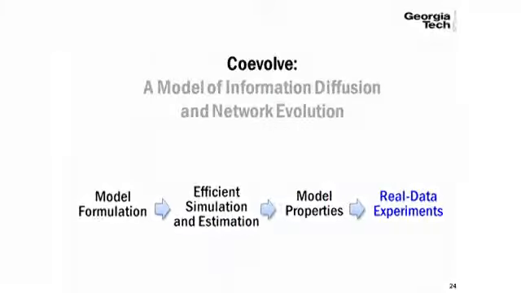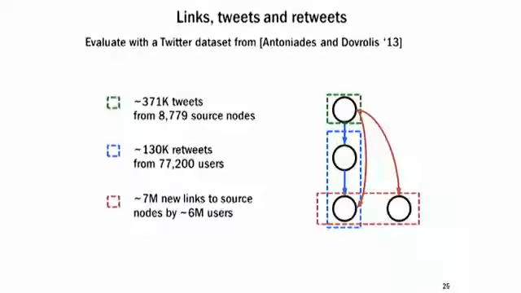Finally, I have 3 slides just briefly explaining the real experiment for predicting the information diffusion process. We take a Twitter data set which contains millions of users and millions of link creation and retweeting events, and then fit a model using this convex optimization. We fit the model using 85% of the data, and we predict the 15% of data that comes